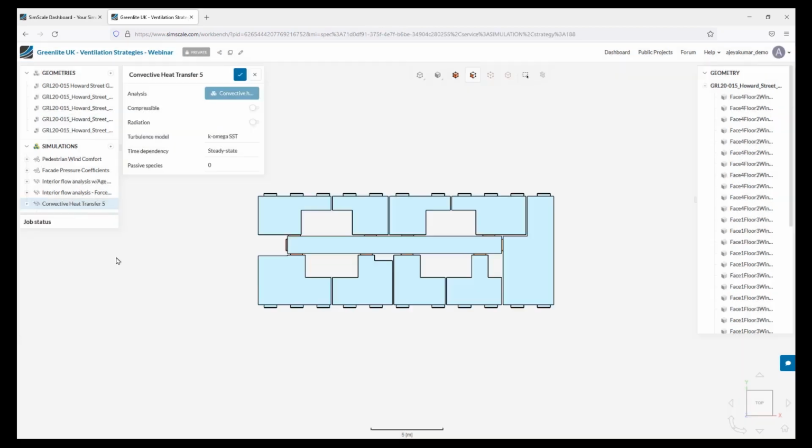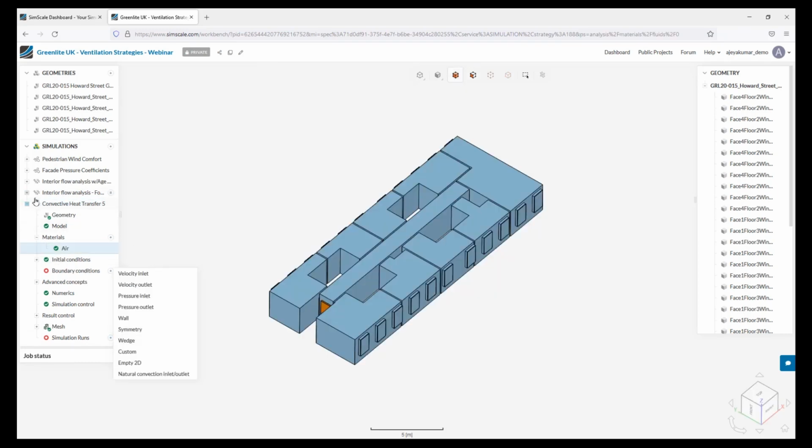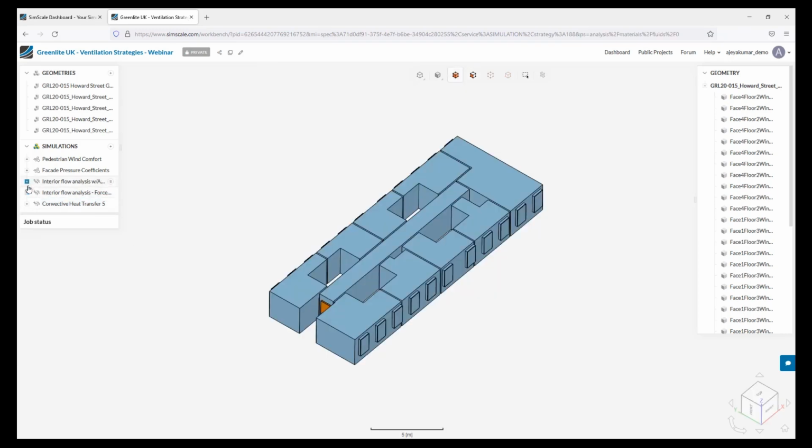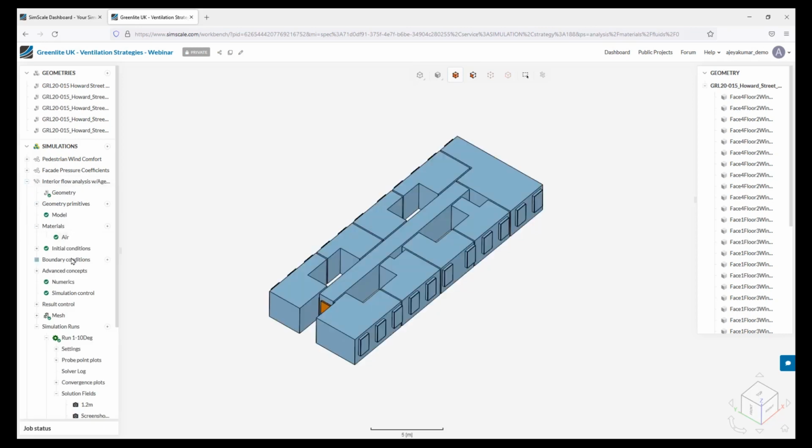And by creating a simulation, you can already see a simulation tree created on the left side of your screen. From this point on, it is a simple top-down approach where you need to fulfill the red circles and then start the simulation. We'll take a quicker look at how the simulation looks like from the previous set of simulations